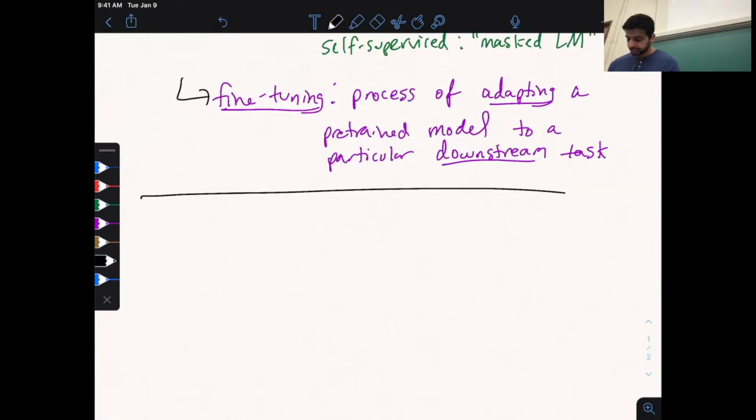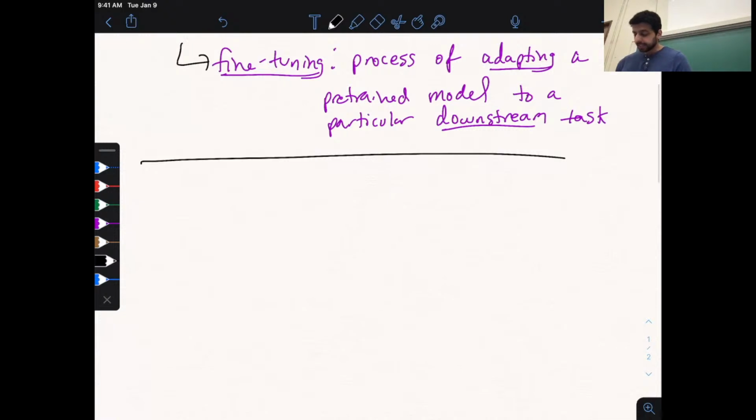Okay, so let us talk a little bit more about both of these steps in the context of BERT. And then we will expand our discussion of fine-tuning to decoder-only language models as well. Because there are some details about BERT that I left out last class, so we will also go through that here. So in the pre-training phase,